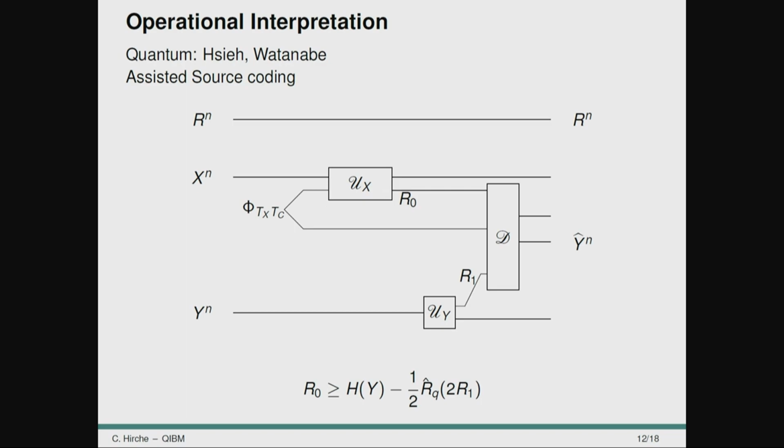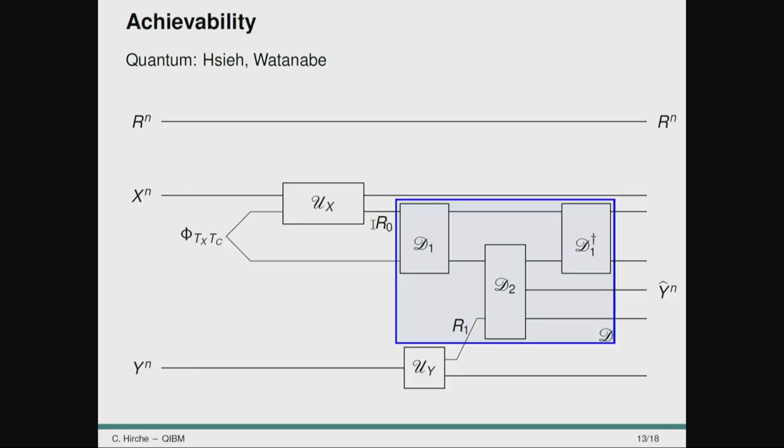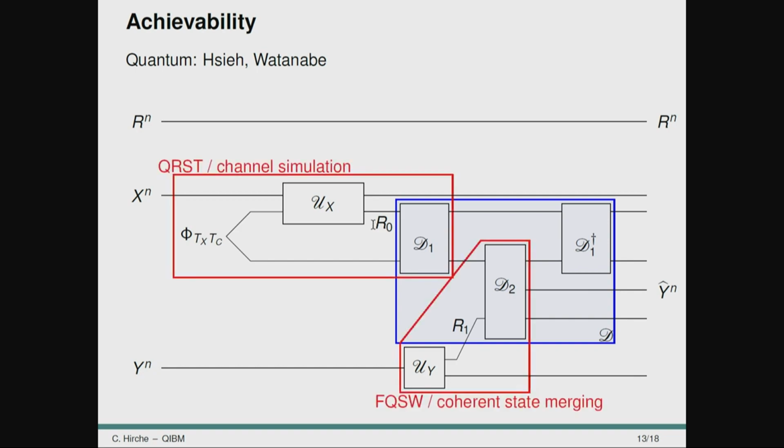The converse is basically playing with entropic quantities, so that's maybe not that insightful. But if we look at the achievability part, we extend the decoding map, and we split it into 3 separate steps. And now we can use very elementary protocols to actually find the achievable rate. And those are the quantum reverse Shannon theorem, aka channel simulation. So we use that to simulate the action of the channel, which is actually the same as in the optimization of the information bottleneck. And this simulates the helper.